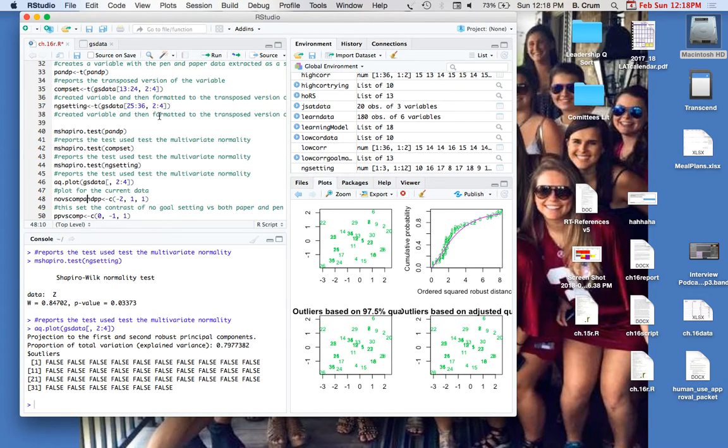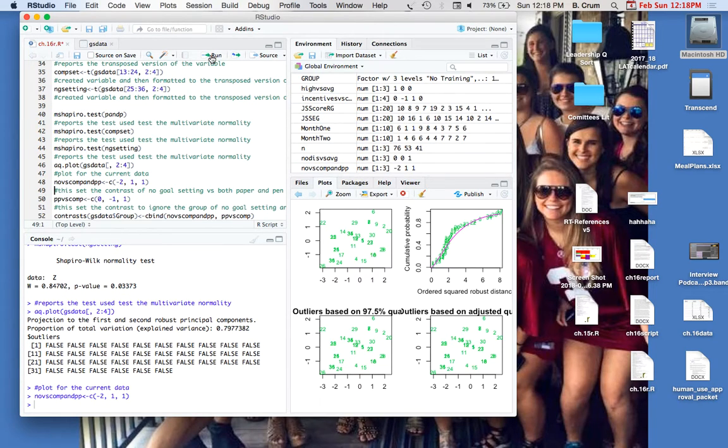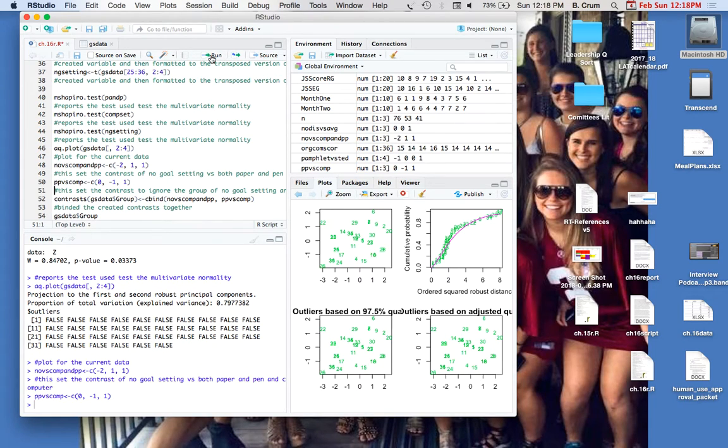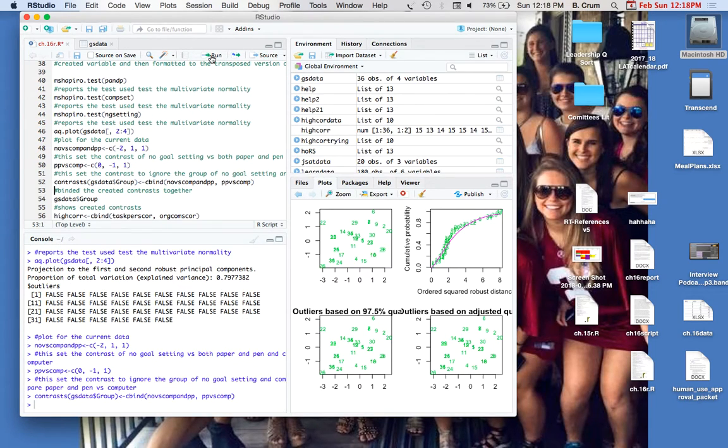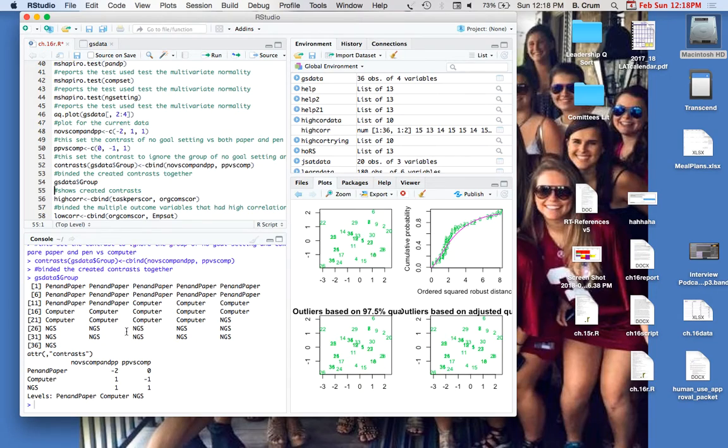So next I had to set contrasts because I hypothesized that computer goal setting and paper and pen goal setting would result in higher scores for my outcome variables than no goal setting at all. My first contrast compares no goal setting versus both computer goal setting and paper and pen goal setting. And my second contrast compares computer goal setting versus paper and pen goal setting. I then bound the contrasts together and checked the created variable to make sure the contrasts were set correctly, which